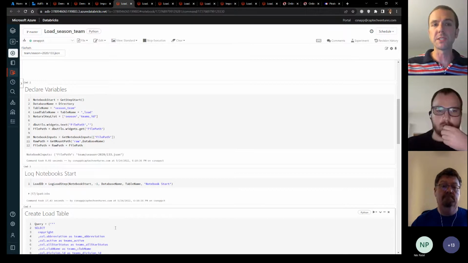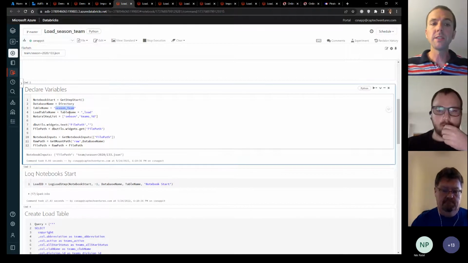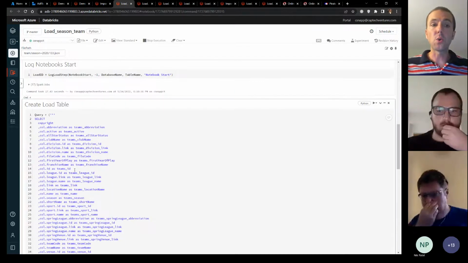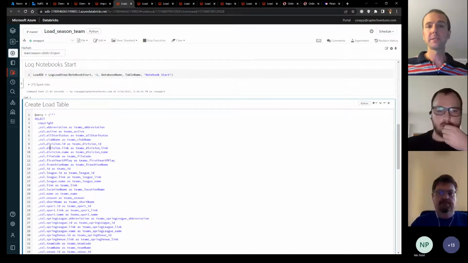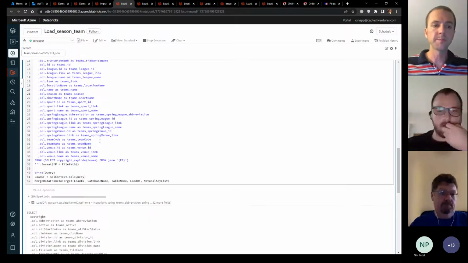There's nothing really specific about the table other than I've hard coded the name, the keys, and the query. Everything else is pretty abstracted out and is just being reused. So as I start adding more tables to this process, all I have to change is the query, the keys, and the name, and I can reuse everything else here.